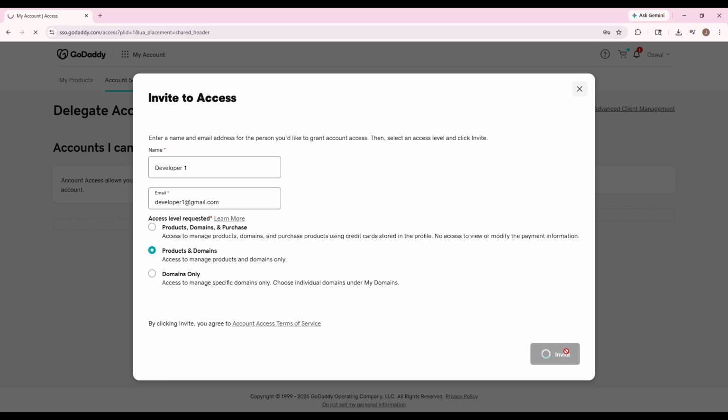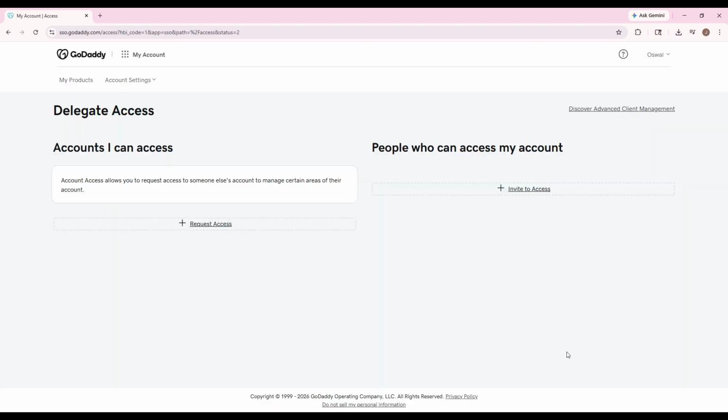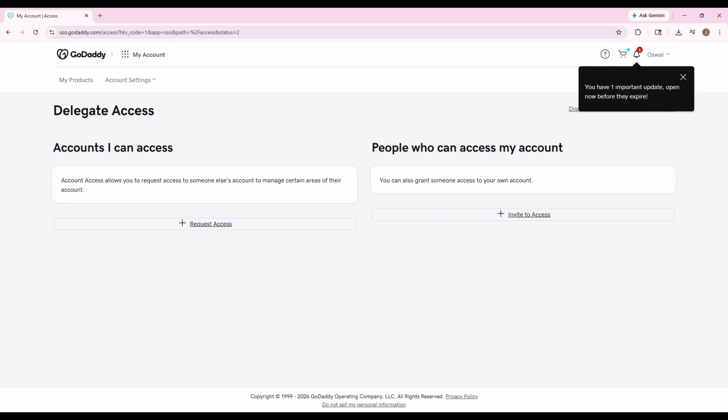GoDaddy will send the invitation to the developer's email address, and they'll need to accept it before the access becomes active. Now let's cover the other side of the process, because the developer also has a step to complete. The developer should open the email invite from GoDaddy, and click Accept Invitation. After that, they'll be prompted to sign in to GoDaddy. Once they sign in, the delegate access will be connected, and they'll be able to work within the permissions you